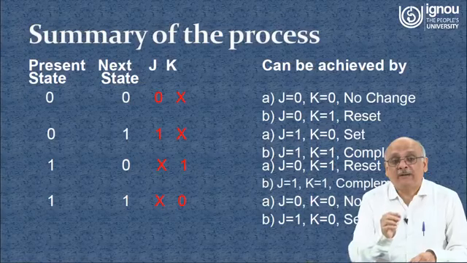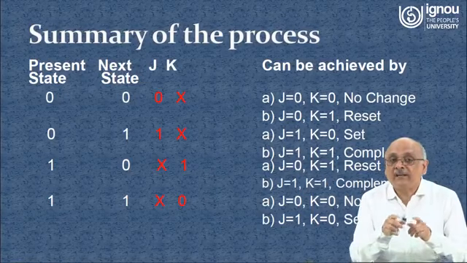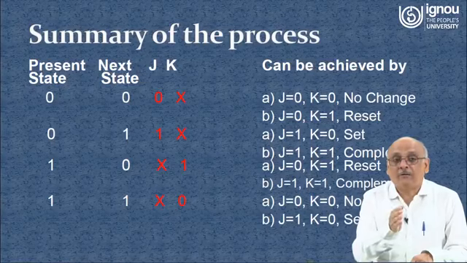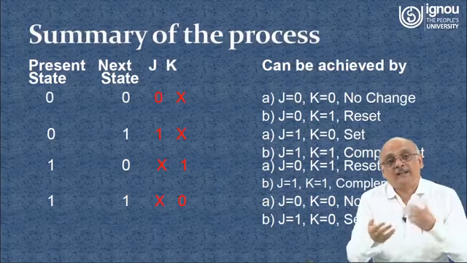Why is the clock required? In the JK flip-flop with state 1-1, there was a race condition, and that can happen if you do not apply the clock. So the clock is essential. That is why all the flip-flops employed in computers follow a discrete state, where the change of state happens in discrete time, not at any point of time.